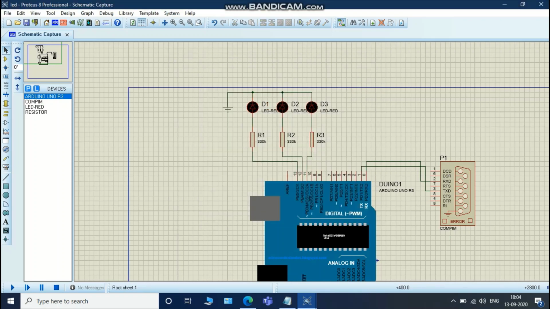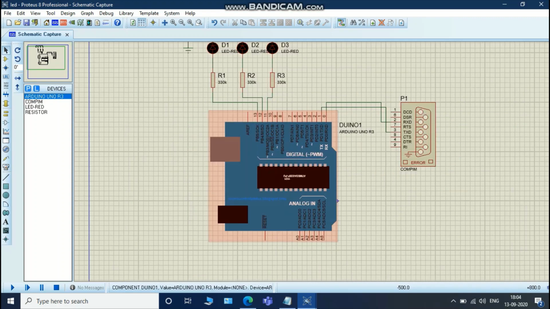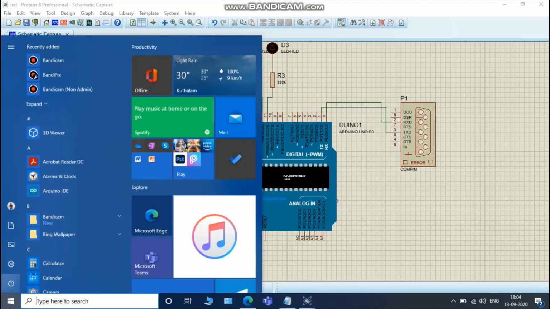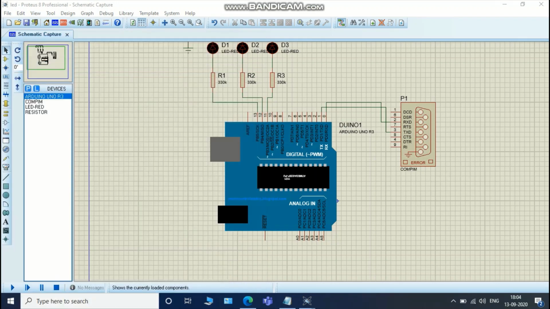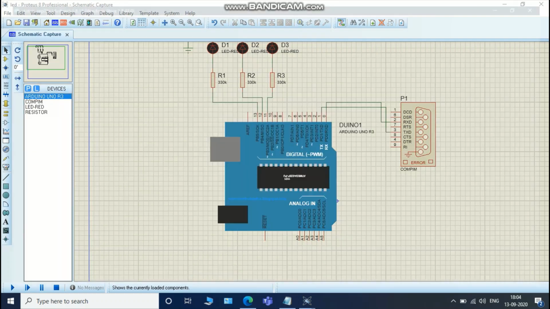Okay, now you have to load the program into the Arduino. Now open the Arduino IDE. I have given the link in the description for the code. Open the code.